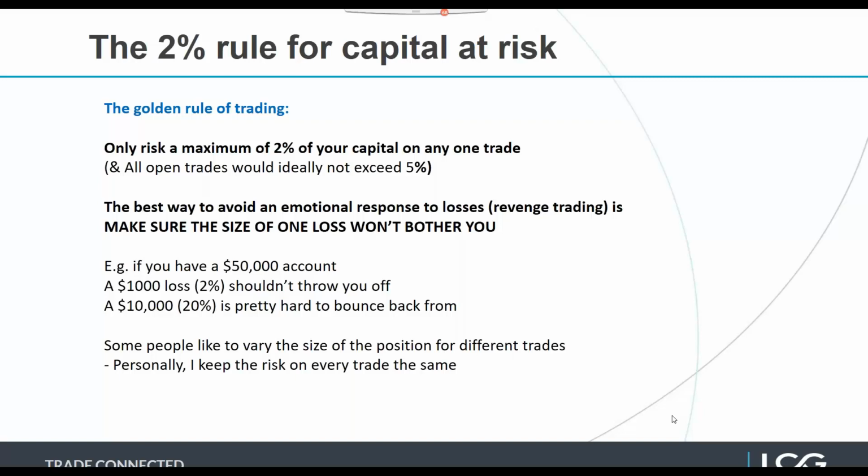For me, I just keep the risk on each trade exactly the same. Because in my experience, the trades that I feel the most uncomfortable with tend to be the best. So it's just not actually logical that I would want to bet a small amount on those, for example. Each trade has an equal value in your account, and often, in my experience at least, if you do vary the size of how much you're willing to risk